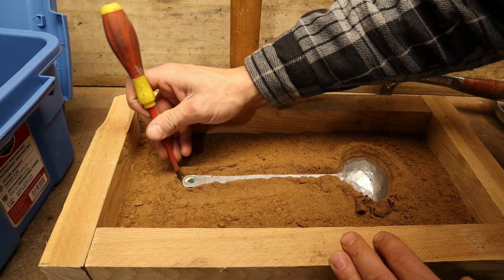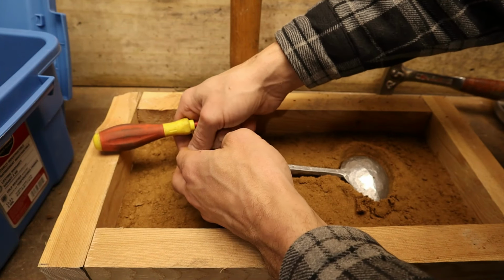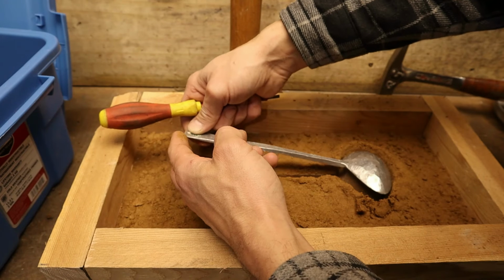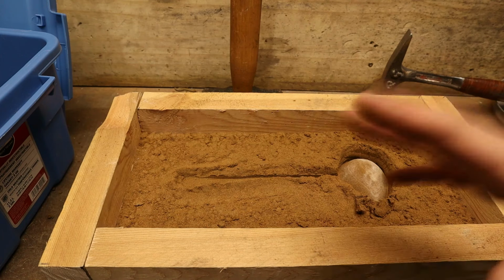I hope this works. That was so boring. Okay. This is exciting though. Please, please work. Oh, I think this is gonna work. Okay, alright. That was rough, but I think